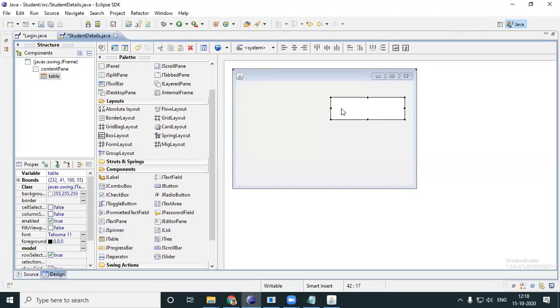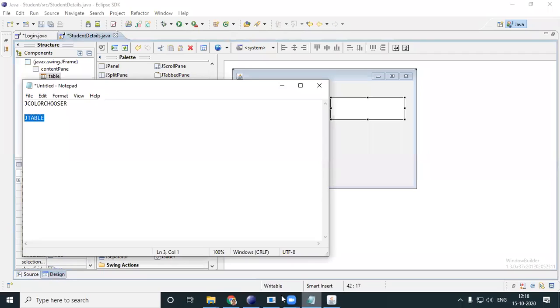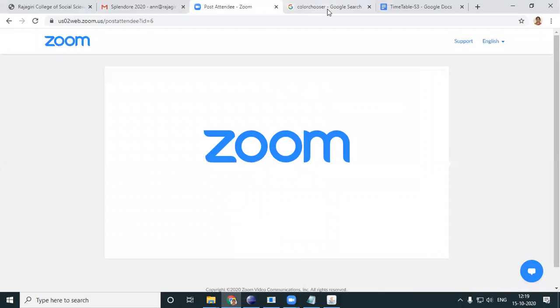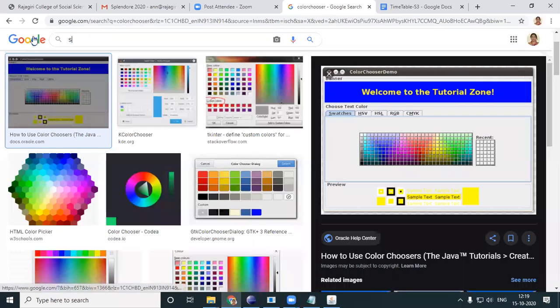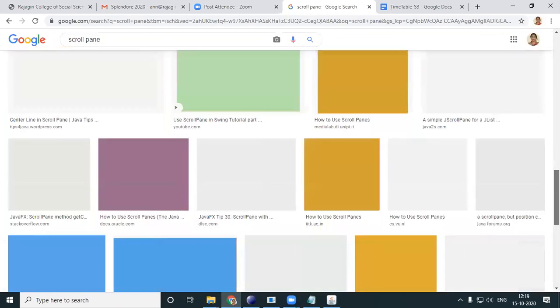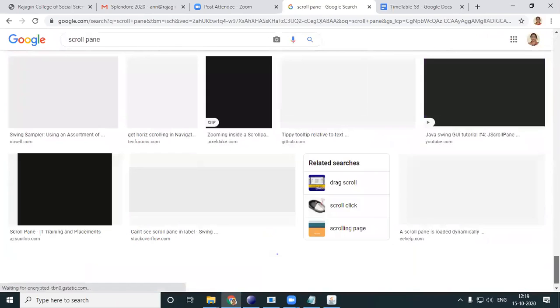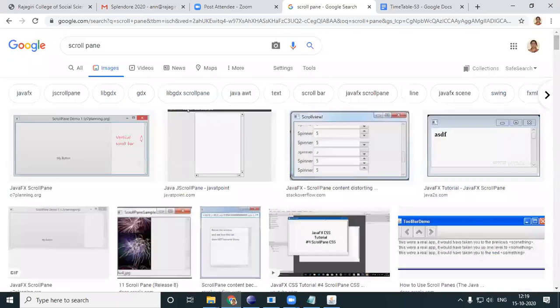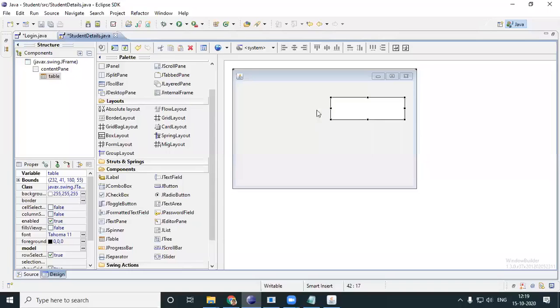Okay. Together with that, we'll even learn something called J scroll pane. Hope you remember, or hope you know what is a scroll pane. I'll show you what is a scroll pane. Oh, very simple. This is the scroll pane. Look here. Where I'm able to scroll up and down, you call it a scroll pane. So let's come back. Now, I might have lots of data in my table, but I just made it very small.